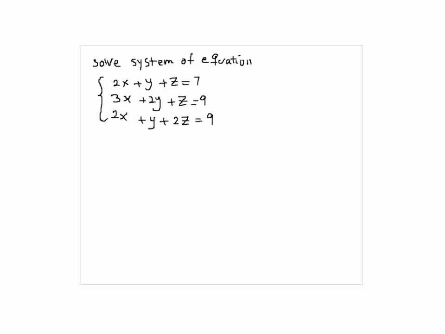You can use the addition method in 2 of the equations to eliminate 1 variable. Good. So we can use the elimination or addition method to maybe look at the first 2 equations and eliminate 1 variable. Looks like I can eliminate these easily if I multiply either of these 2 rows by -1, right? So let's do that. If I pick the first 2 equations and multiply the first row by -1, then I get -2x, -y, -z is equal to -7. So if I just simply add these 2, I would get